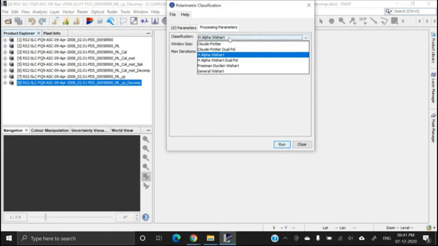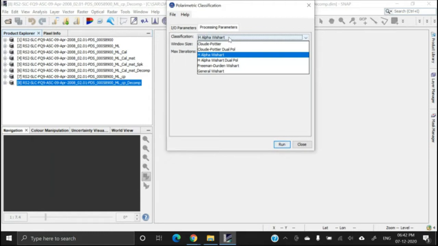Now see, as you know, in case of optical image classification, we have several classification algorithms like minimum distance, maximum likelihood, etc. In case of radar image classification also, we have different algorithms, and we can select any one. However, they will produce different outputs. If we compare the maximum likelihood classifier or the minimum distance classifier, then definitely there will be some differences. But the question is which one we should consider.